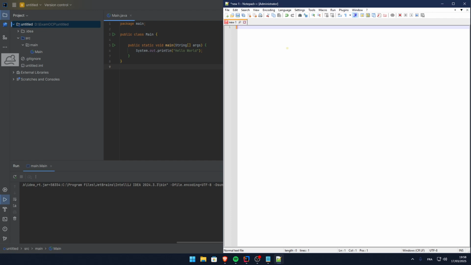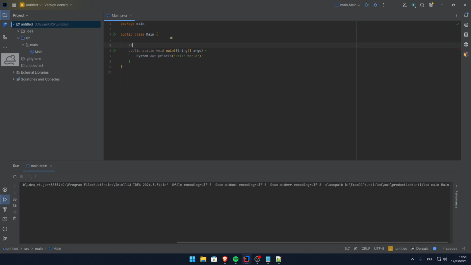It packages all the files in a folder structure. There is also Javadoc, which generates the documentation of your code based on what you wrote, like this. This is the syntax of Javadocs, and anything inside these two is considered Javadoc. So if I go here and I write like this, it automatically adds @param args, because args is